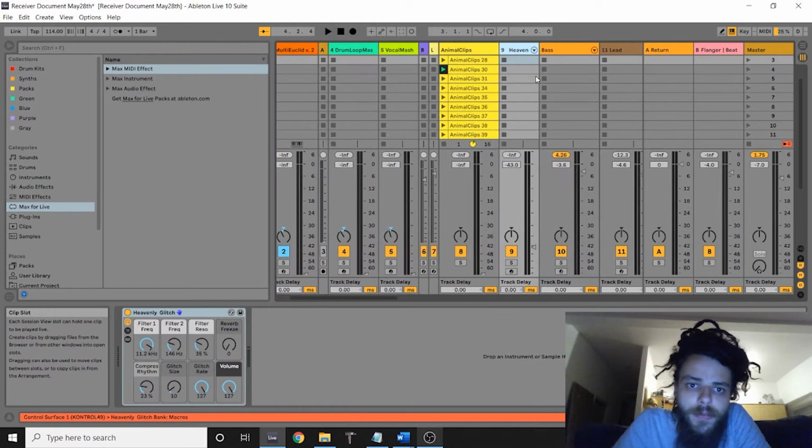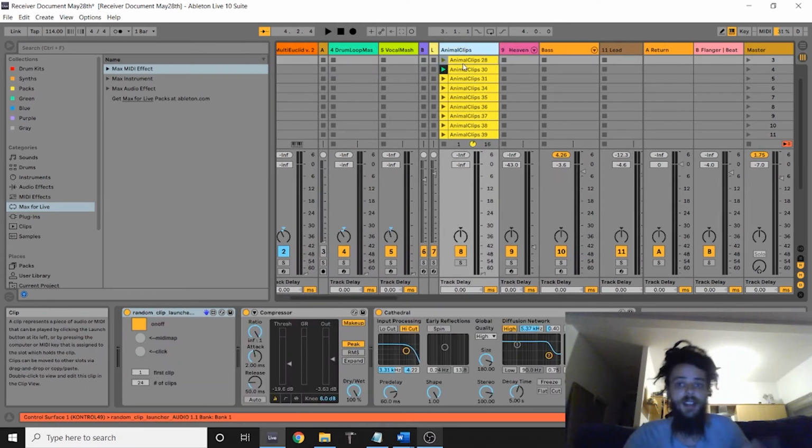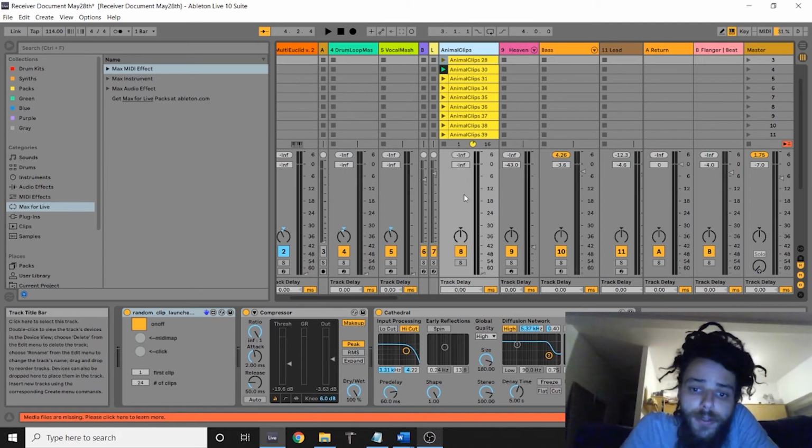Okay. Now, Animal Clips is a track. There's quite a few tracks, in fact, that we do not use at all in the generator, and they're just to provide extra sonic details, little generative instruments to keep things interesting during interludes. Animal Clips is one of those. So if I click begin over here,